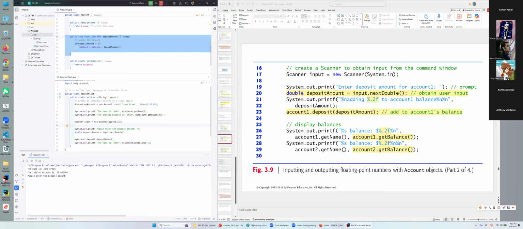The name is Jane Green. The initial balance is $50, right? And let's suppose I want to deposit 13. Okay, here, sorry. The balance,